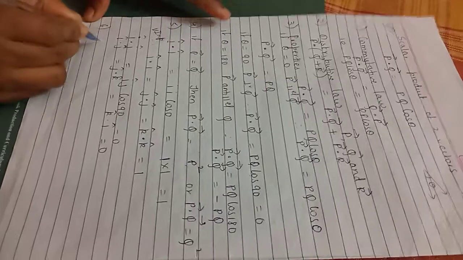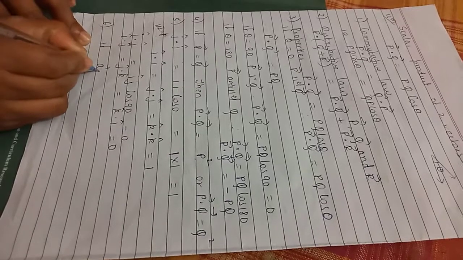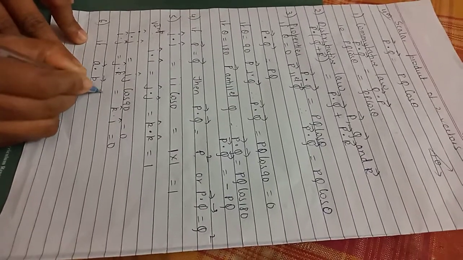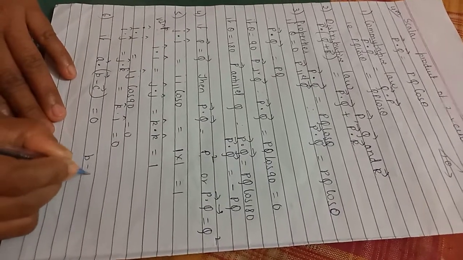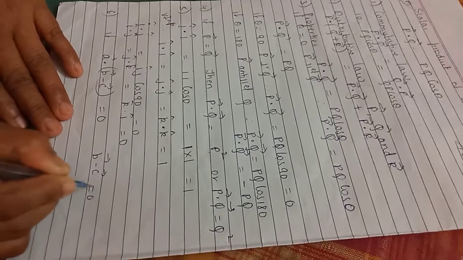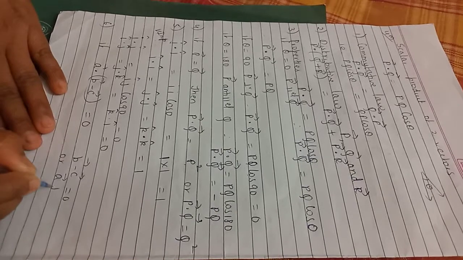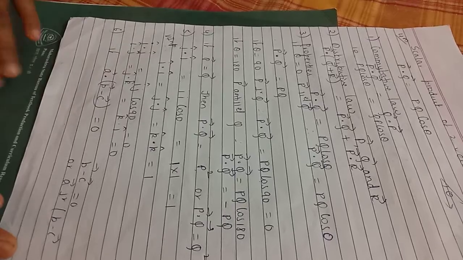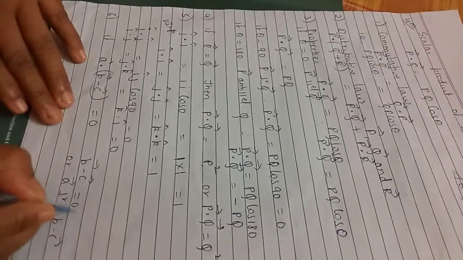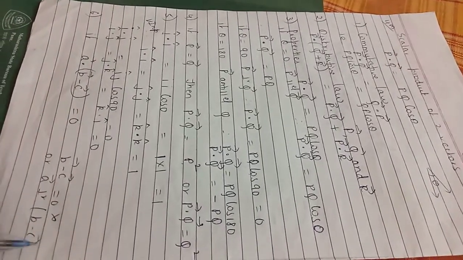Sixth, we'll put it like this: A dot (B minus C) is equal to 0. It means that either B minus C is 0, or A is perpendicular to B minus C. Students, B minus C cannot be 0 because B is equal to C, so this possibility is ruled out. So if A dot (B minus C) is 0, it implies that A is perpendicular to B minus C. Are you okay here?